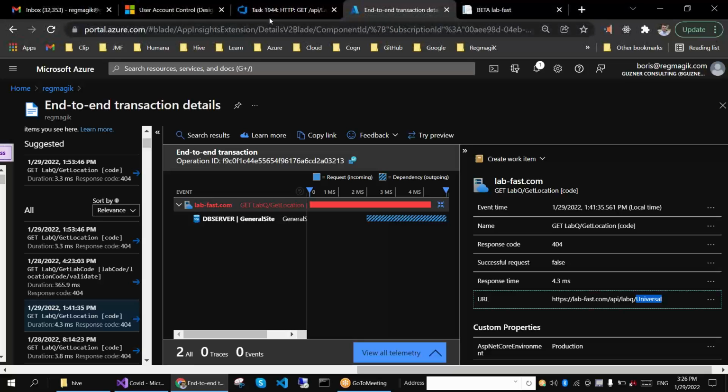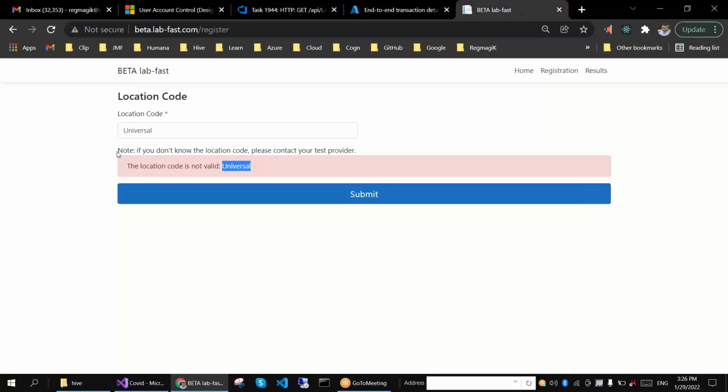Even though I added text after the previous meeting, I put the text on the site. Let's go back to the site. The site, I put this minimum text that I said that if you don't know the location code, contact your test provider, but nobody reads this. So we need to put some really expressive message here, maybe make it bold or something,